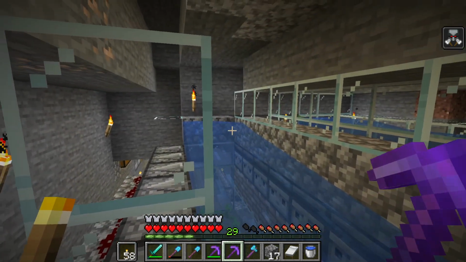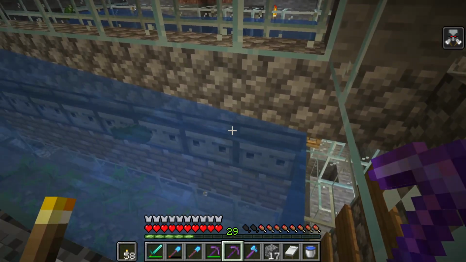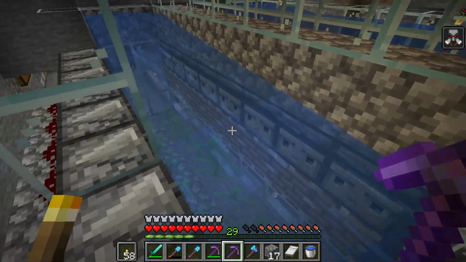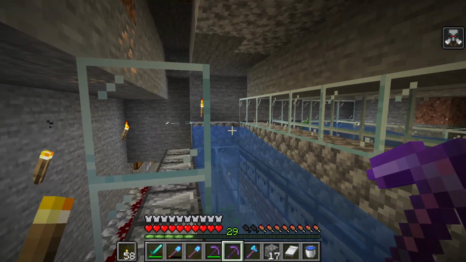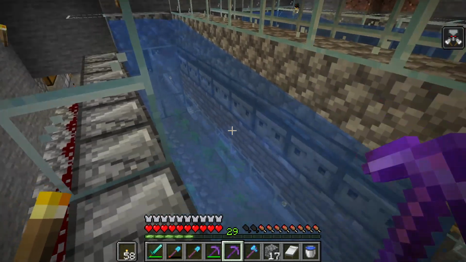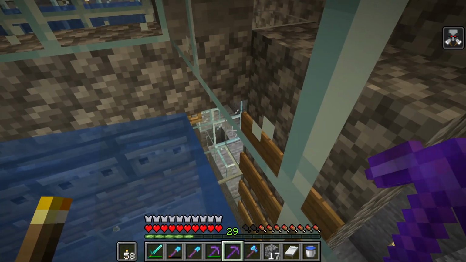And with the top, to get it like this, I put half slabs of cobblestone on the top of these observer blocks, and then you have to place the water streams, move the slabs, and then it creates this. So basically the kelp floats up to the top, and then it's directed over here down